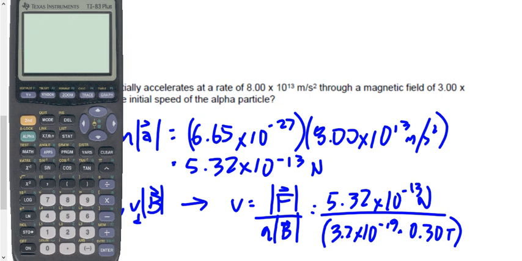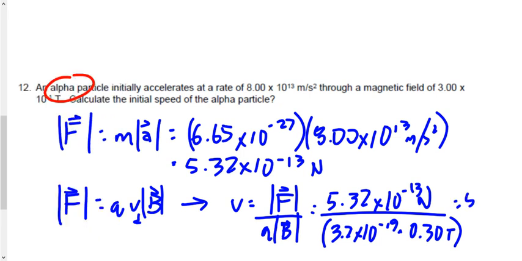Here's the correct way. 5.32 times 10 to the minus 13 divided by, let's use brackets on the bottom because everything on the bottom has to be multiplied together before I divide. 3.2 times 10 to the minus 19 times 0.3, and the bracket gives me a value of 5.54 times 10 to the 6